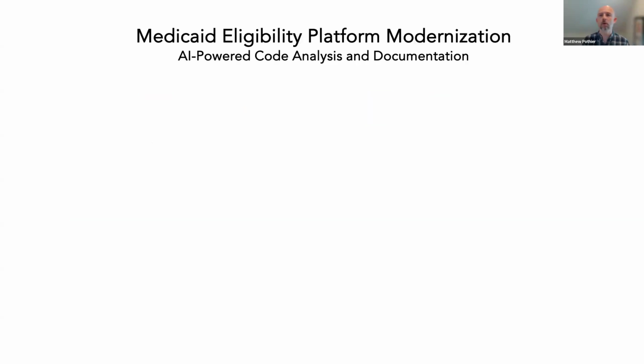All right. I wanted to pivot over and share with you an example of a specific use case that we're working on for one of our largest state government clients. They're replatforming their Medicaid eligibility system, moving it from a legacy mainframe-based system over to AWS. And what happened is this effort was halted in favor of a more comprehensive app mod effort, right? But there was a gap in knowledge, a gap between the current documentation and what was actually needed to modernize the application.